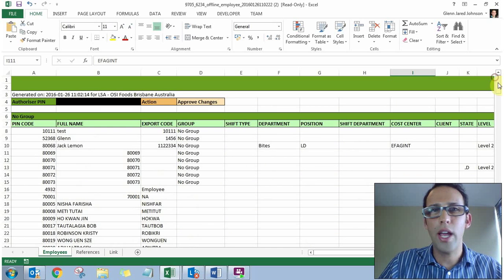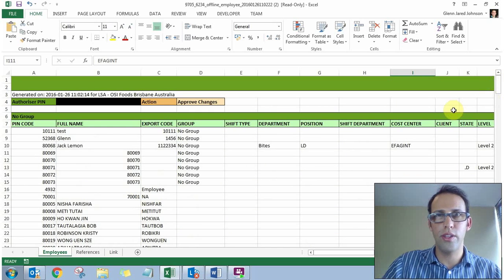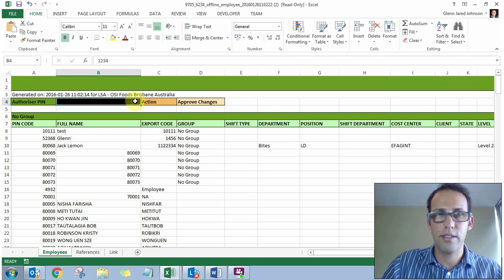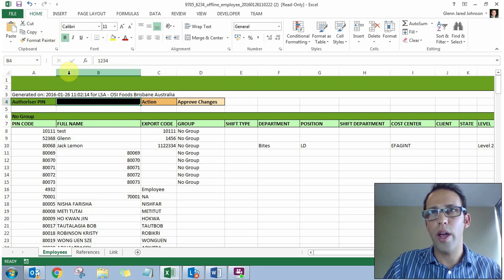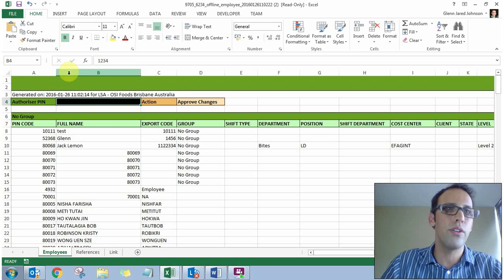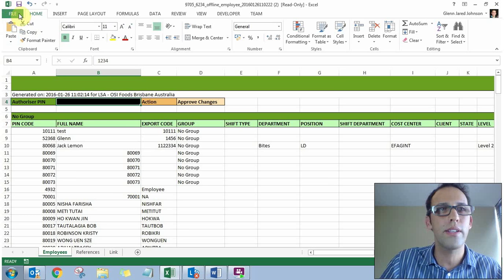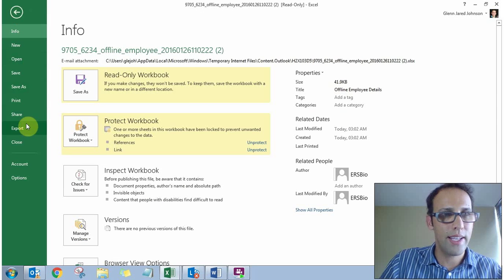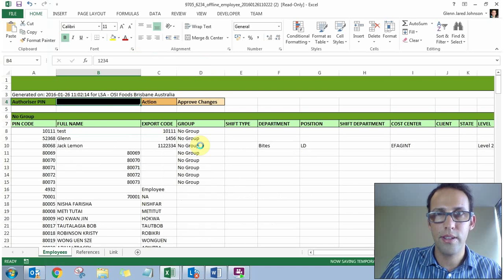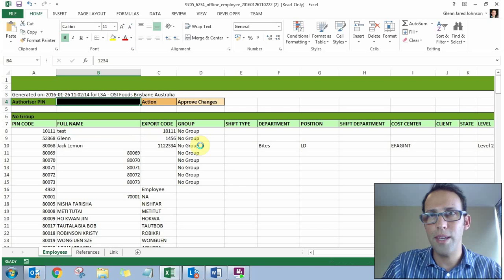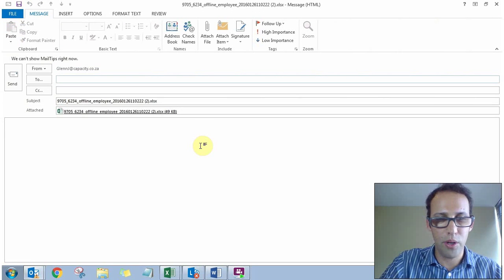Once you've done all your changes, you need to mail this to the system. Double checking, yes, my PIN number has been put into this timesheet. To mail it, there's a couple of ways of doing it. I'm using Microsoft Office Excel 2013, so this is my way of doing it. I click on File, I click on Share, Email, Send as Attachment. And that automatically opens up an email where I can put in the email